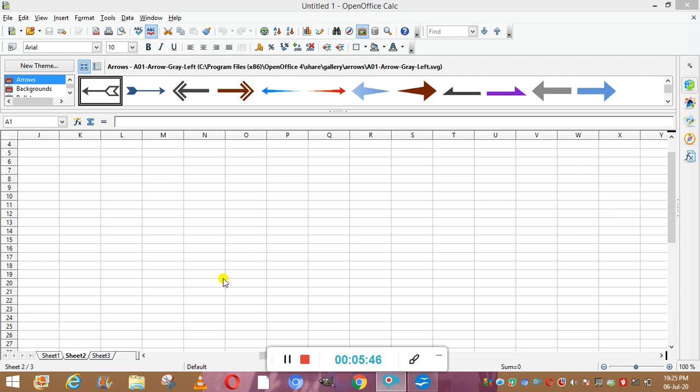Now the next thing is spreadsheet navigation. If we want to move from one place to another, how are we going to do it? You can see these tabs, from which you are going to click. The first one is move first. Suppose we write some data here.